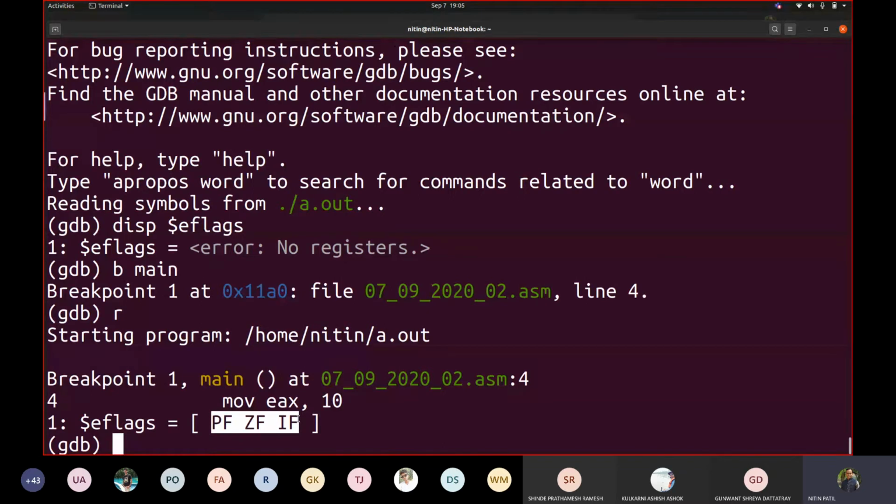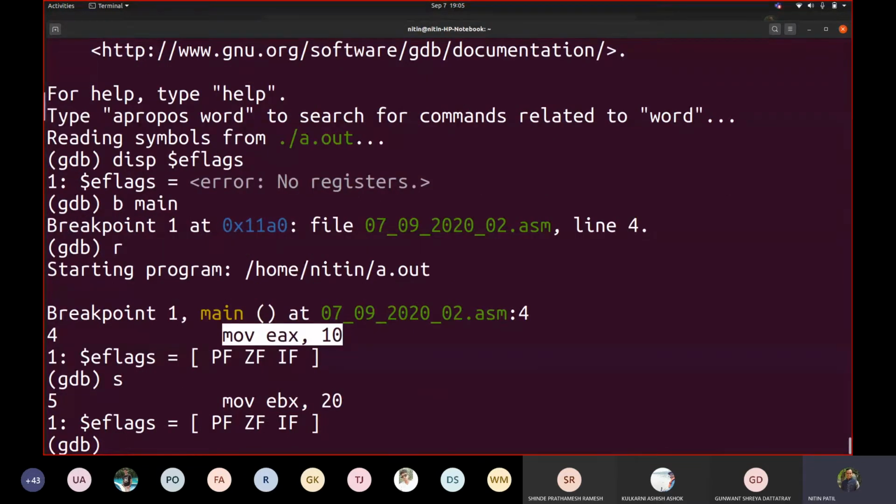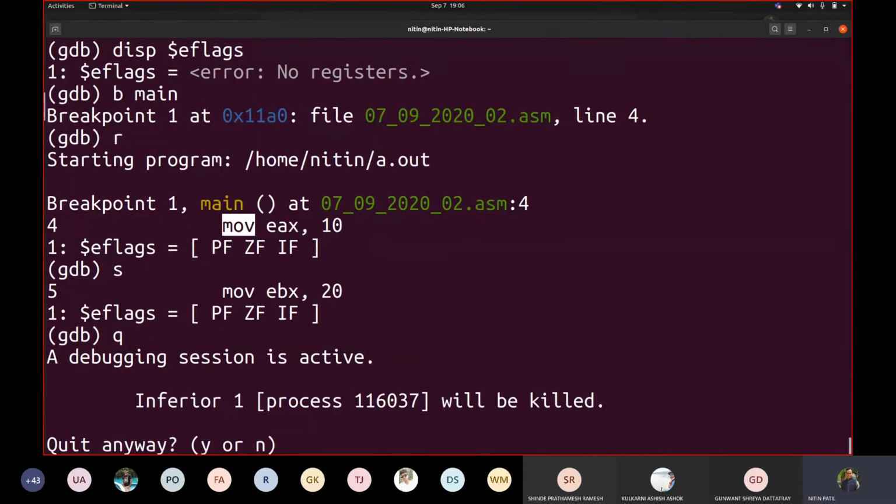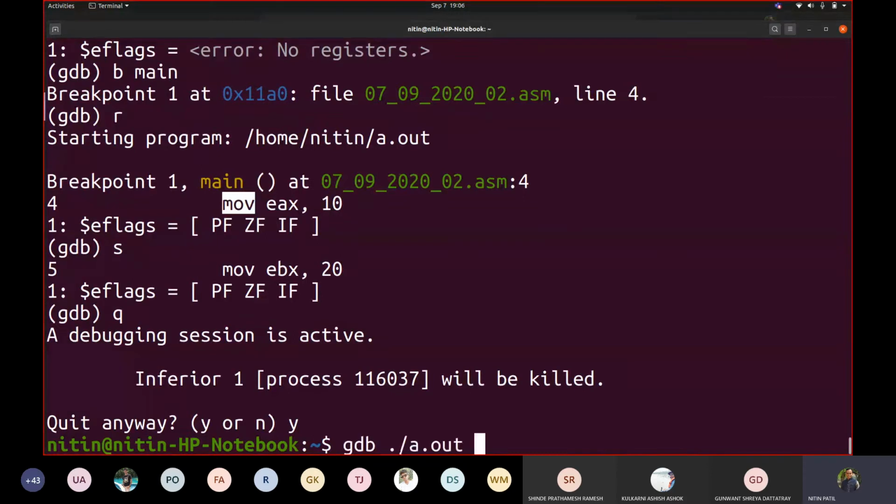So when you start executing, see, I started execution, but I haven't executed this statement. Even if I execute it, you will see that it was kept as it is because this was not an arithmetic instruction. This was a data transfer instruction. And I don't want to show you all PowerPoints showing the different instructions and so on. We will try to learn instructions as and when required. Right? Okay.